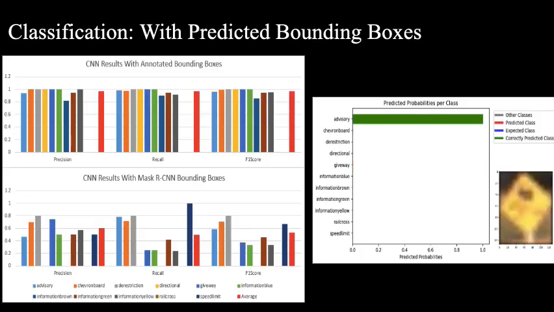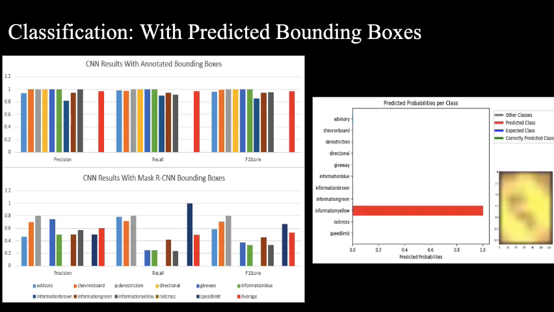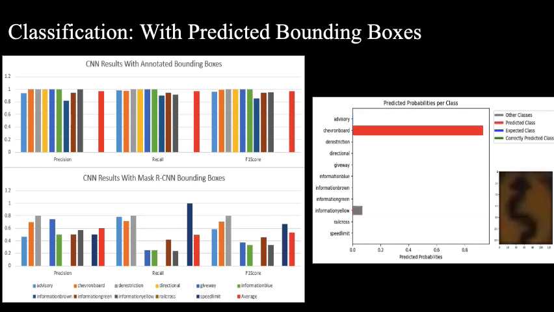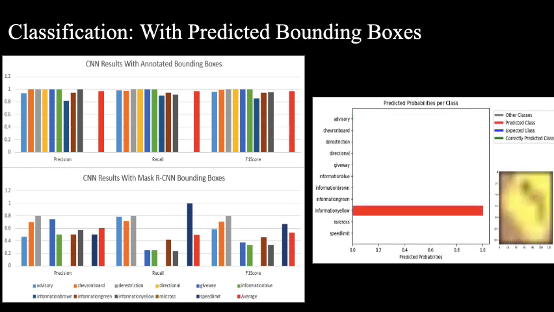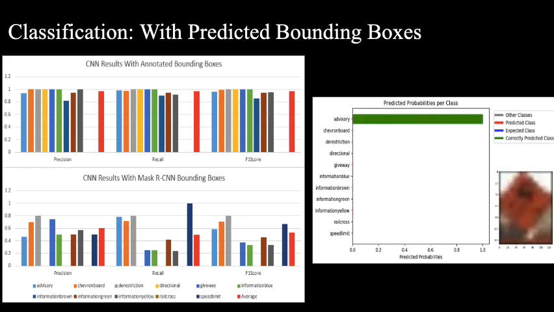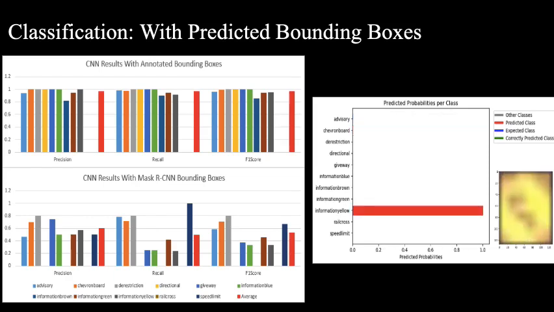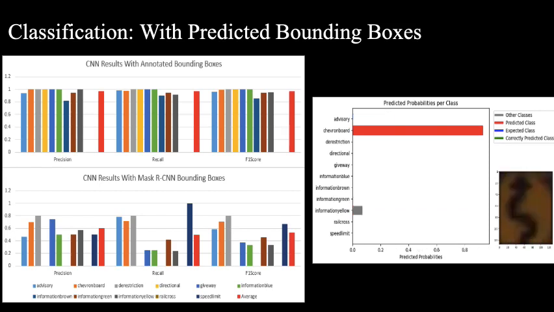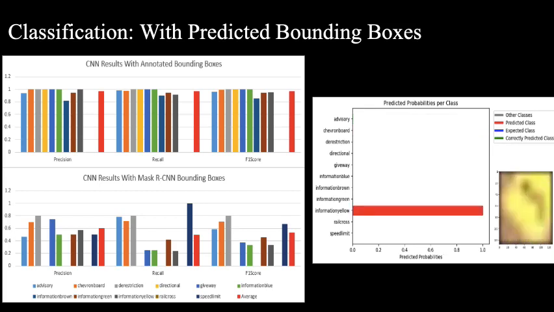The bar chart on the top left shows the convolutional neural network's individual test scores. The bar chart below it shows its scores on the predicted bounding boxes during the ensemble's test. As you can see, it wasn't generally very good in comparison. We believe it is because the downsampling we took before the ROI alignment layer affected the resolution of the output boundary boxes. This could be changed, but the GPU could not handle a better resolution, as it would crash when tried. We also cannot take the bounding boxes predicted and use the original images, because the downsampling throws off the polygon's coordinates. To solve this, we would need a better GPU.